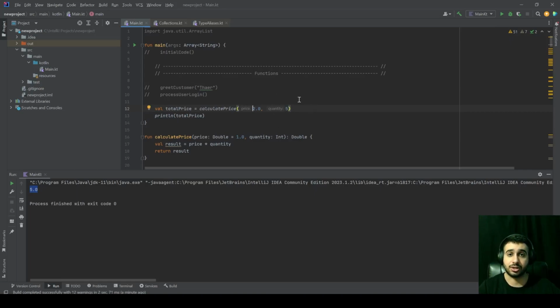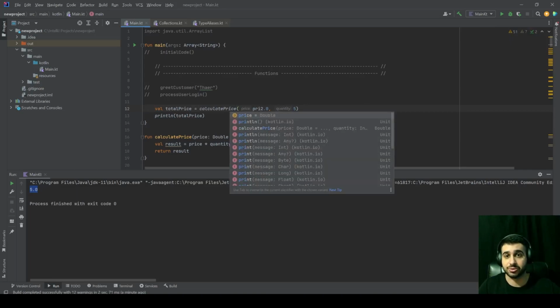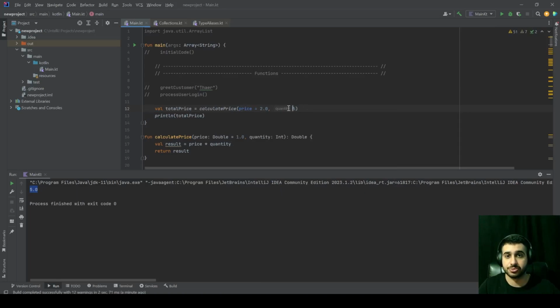Okay. With functions in Kotlin, you can do something like what we did for quantity. price equals 2.0 and quantity equals 5. It makes your code more readable and you have an idea of what 2.0 is and what 5 is with respect to this function. Okay, so if we run our main function again,